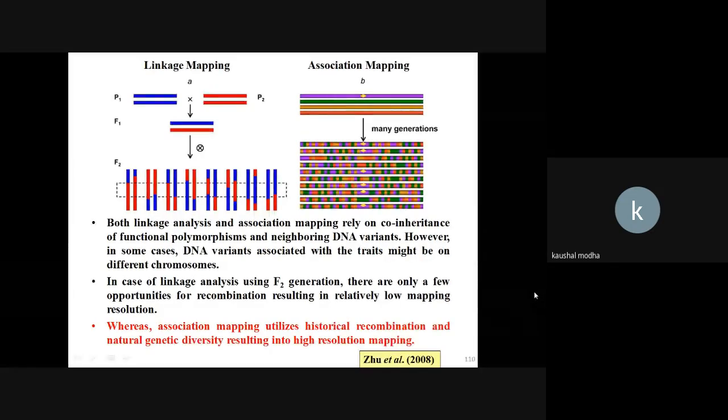So yesterday we went through linkage disequilibrium. Association mapping is based on linkage disequilibrium. Now today we are going to see the differences between these two and the details of association mapping, how it is performed. So if we compare linkage mapping and association mapping,